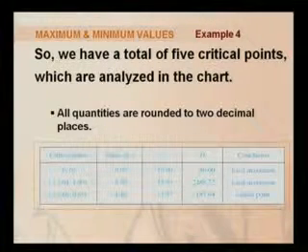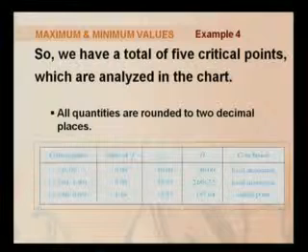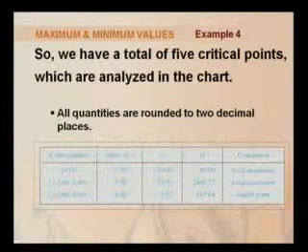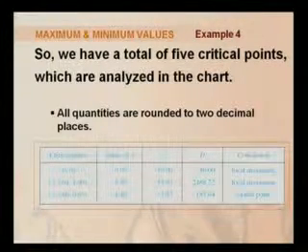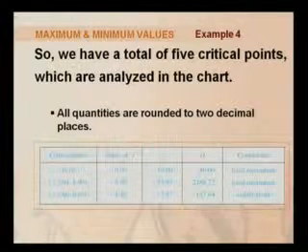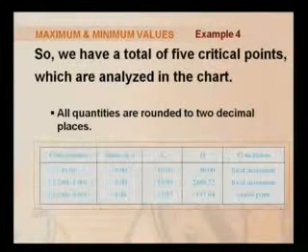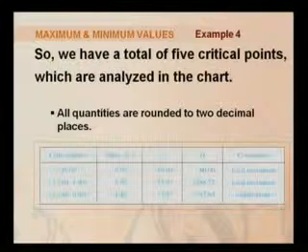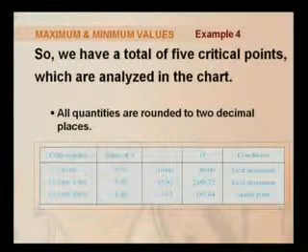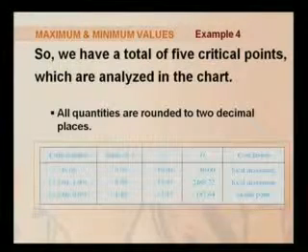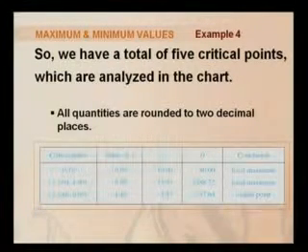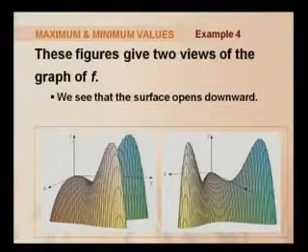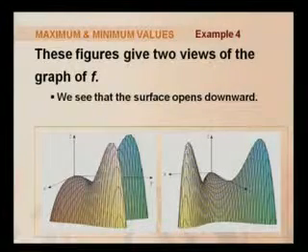And it is clear that at 0.86 and 0.65, D is less than 0, minus 187.64. That means these 2 points, 0.86 and 0.65, is a saddle point, and minus 0.86 and 0.65 is a saddle point. So this is a lengthy example with 5 critical points, and there are 3 local maximums and 2 saddle points over there. Okay, so these figures give 2 views of the graph of f, which we have discussed